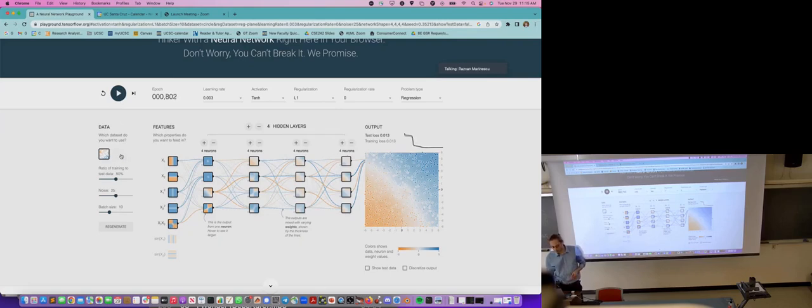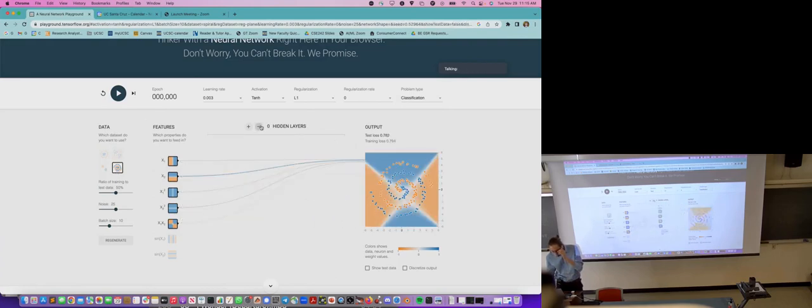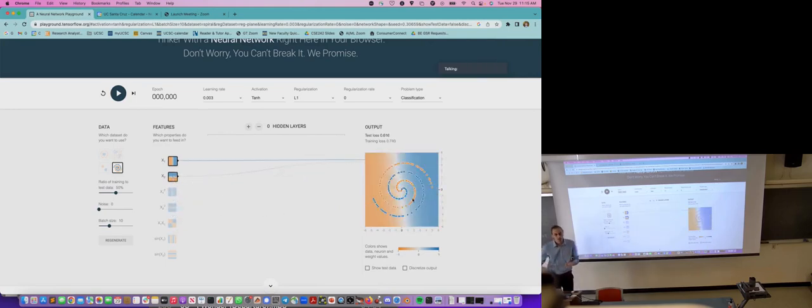Okay, let's do a more targeted task. Why don't we go to classification again and try to do the spiral? Let me see. Try to find a setting of parameters in which you can learn the spiral problem, with, let's say, perfect classification at least on the training data set, because it's a harder data set.